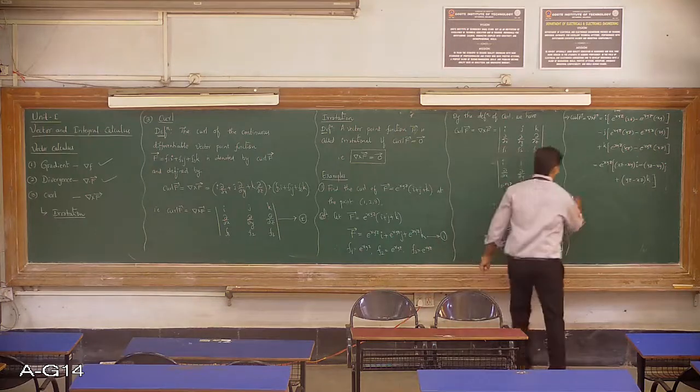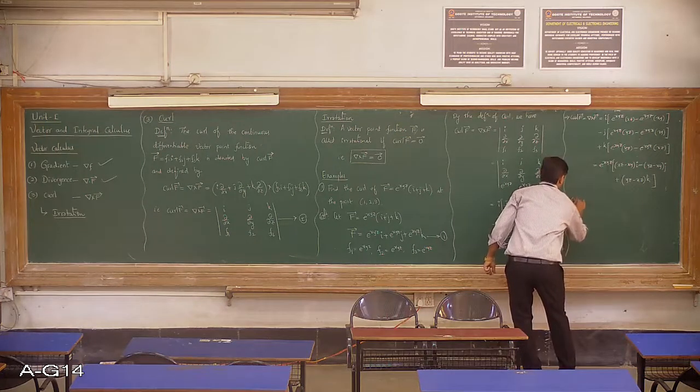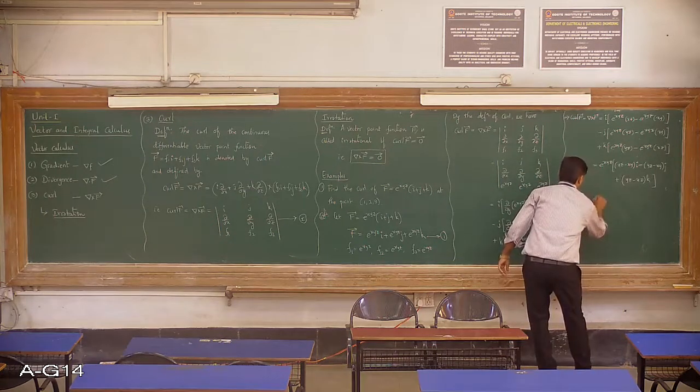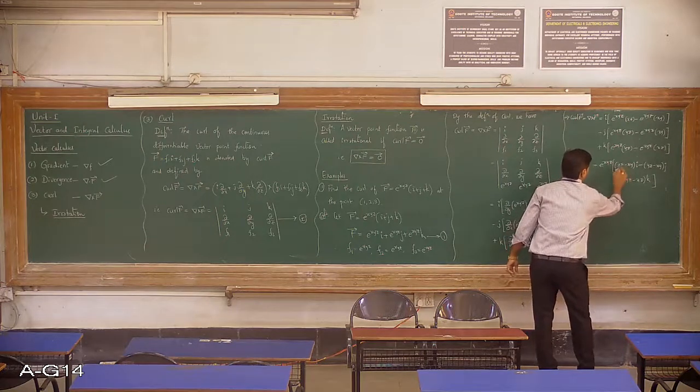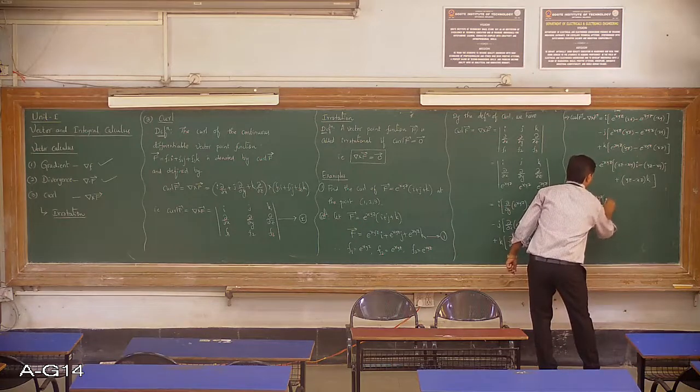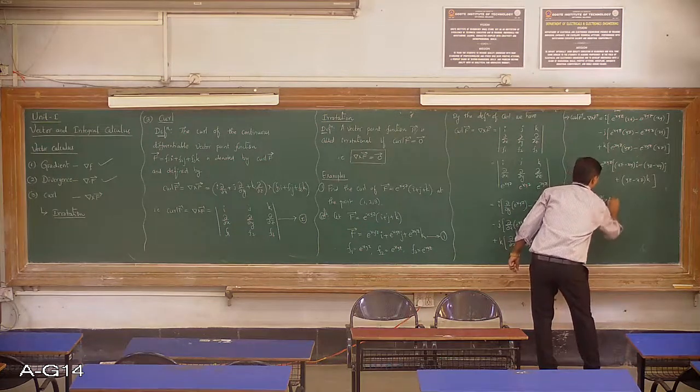So therefore curl f is equal to e to the power xyz in the bracket. Here if you want you can take x as common. Then if you take x common, here you will get z minus y,